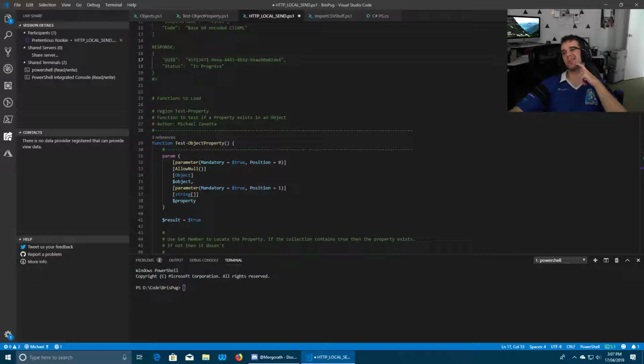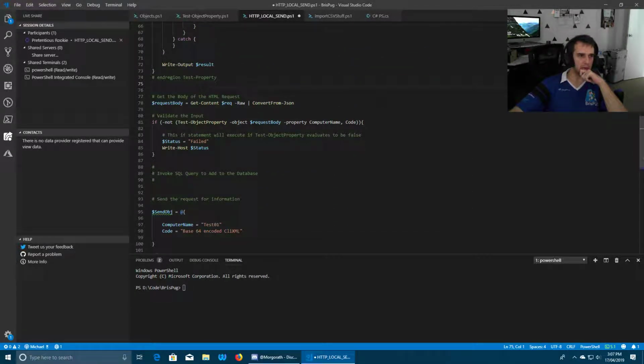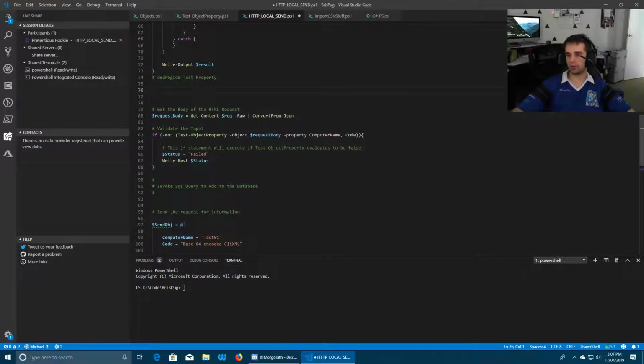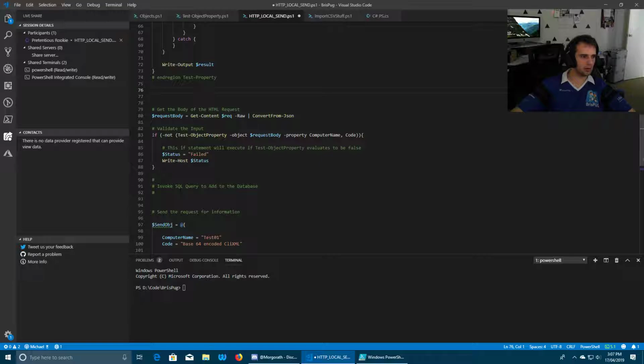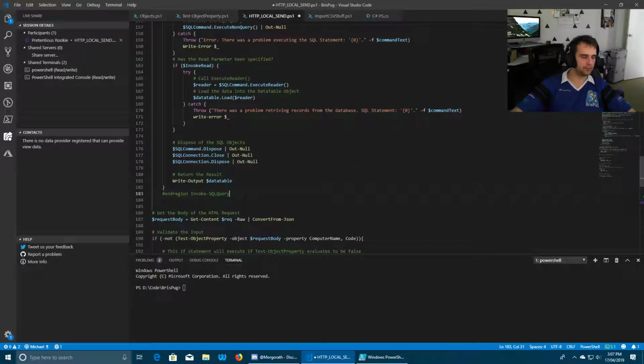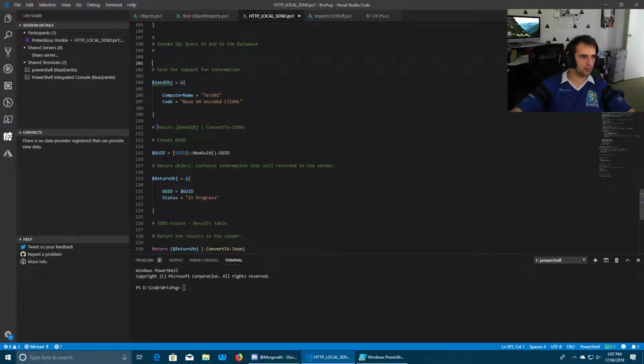So what we're going to need to do here is, I think the first thing we need is to add some code to basically talk to SQL. I've got this function I wrote, which I'm just going to grab and paste here. Have the invoke SQL query comment below that. That should be up a bit from there. There you go. Line 198.